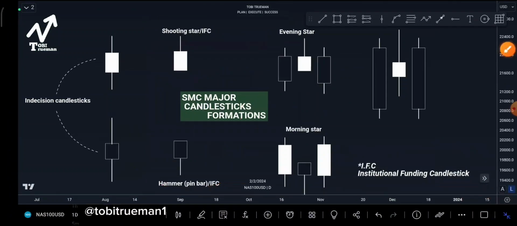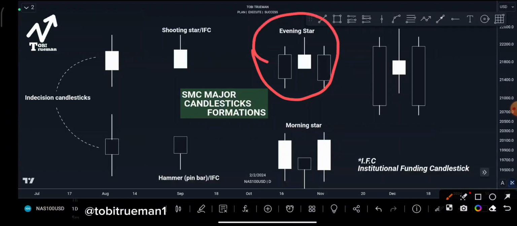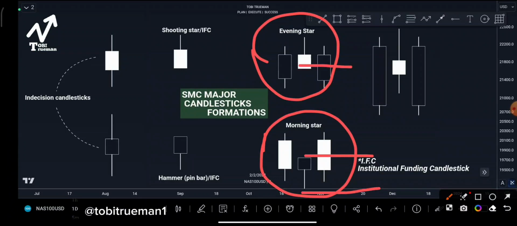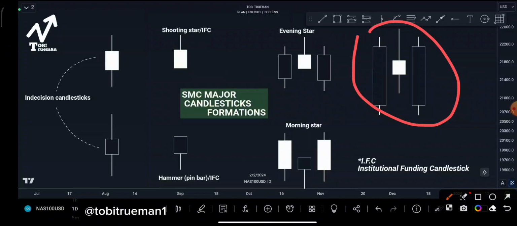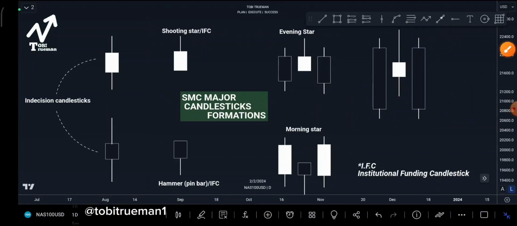Then we also have this type of candlestick formation. This one is called evening star, while the other one here is called morning star. This morning star is for bullish trend, evening star is for bearish trend. Then we also have this type of structure. You just have to know it. You will see it repeatedly on the chart, so before you know it, you will just get used to it. These are the most critical candlestick formations we see as you are trading